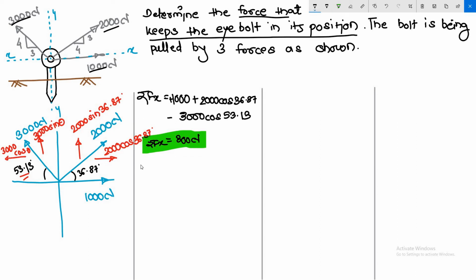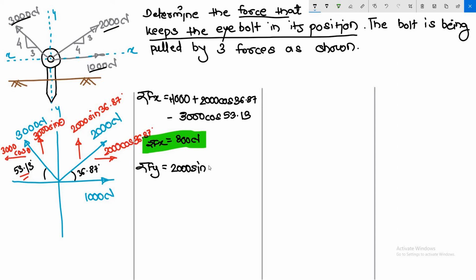Okay, now let's try to find out summation Fy. Now in summation Fy, the 1000 Newton force has no contribution because it is perfectly directed along the x-axis. It is actually lying on the x-axis. That's why it has no component. That's why no vertical component will be there. Therefore, we are left with 2000